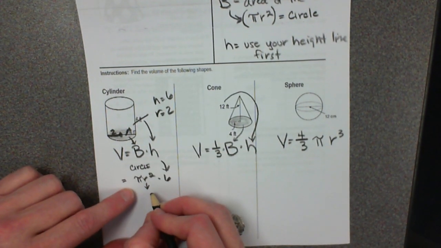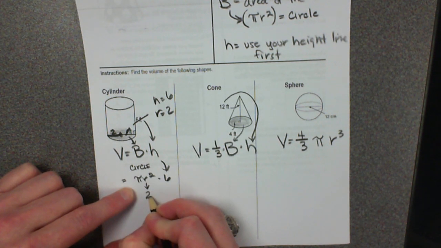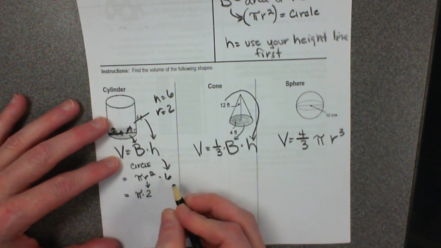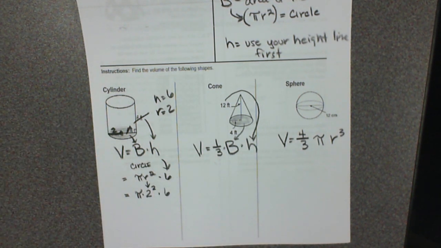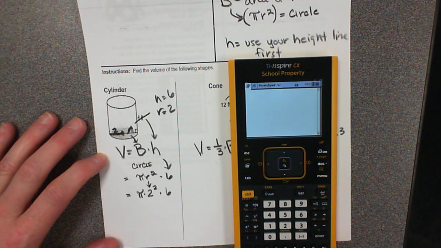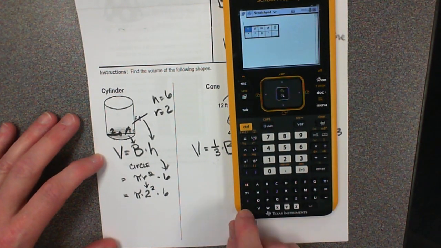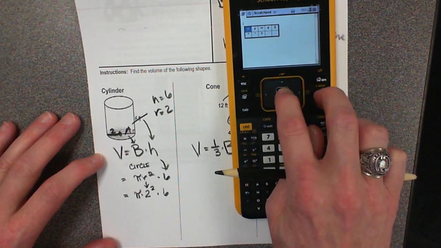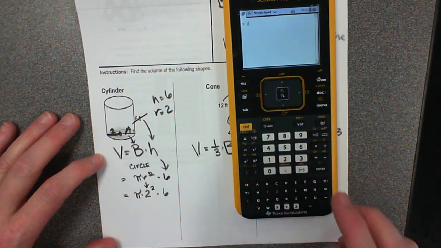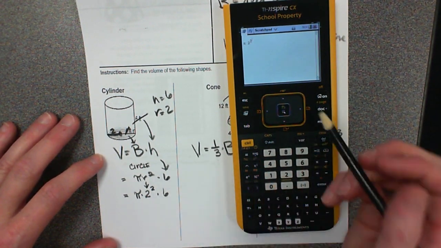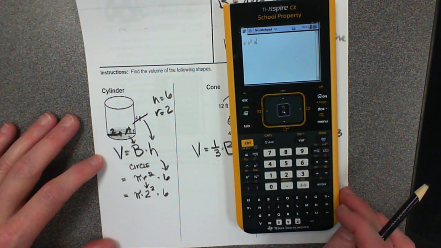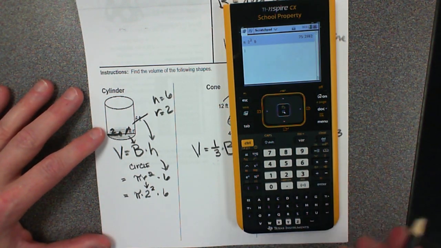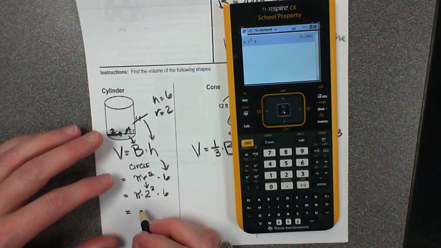All right. So we're going to substitute the 2 here. Make sure you don't forget about your pi. We have to square that 2, and we have to multiply it times 6. All right, so we're just going to put this in our calculator. Remember, you have a pi button. So we're just going to click pi, select it, multiply it times 2. Need my x squared button comes into play. And then we're going to multiply that times 6. And we're going to get our total volume, which is